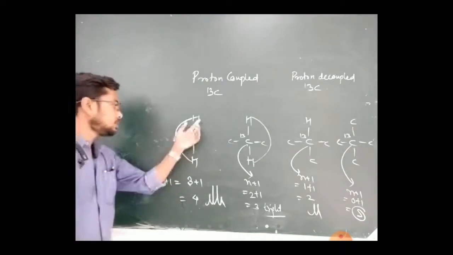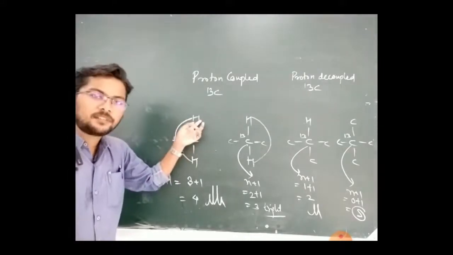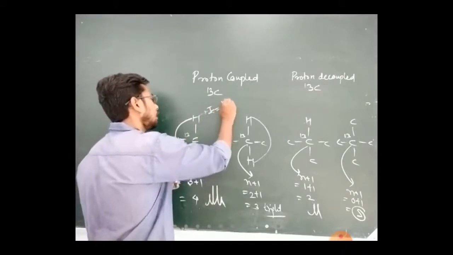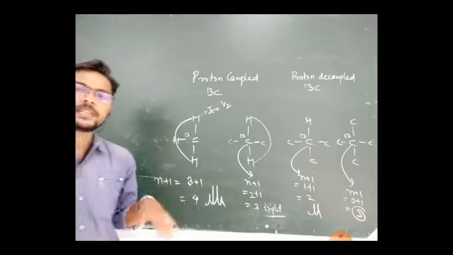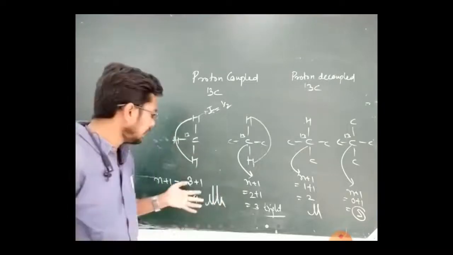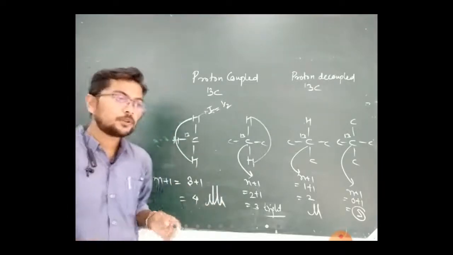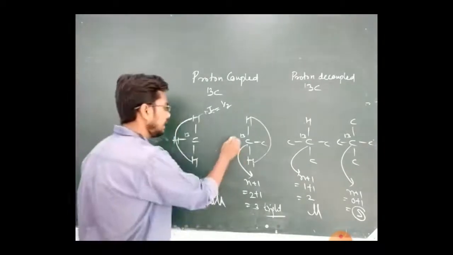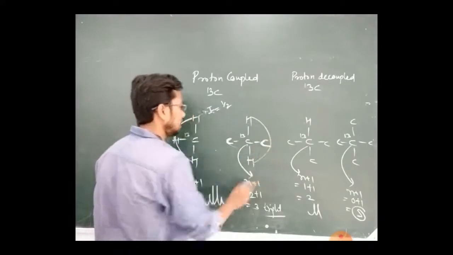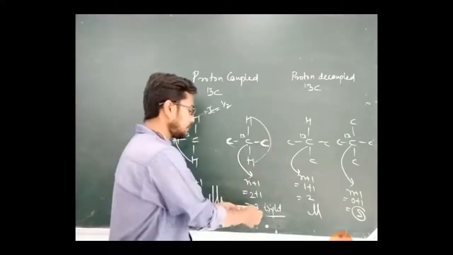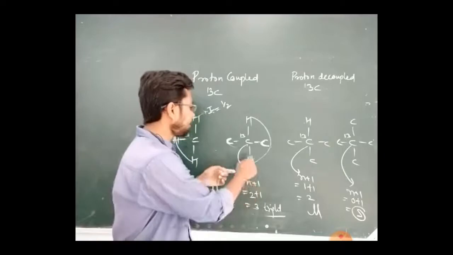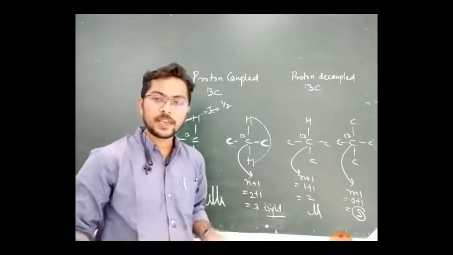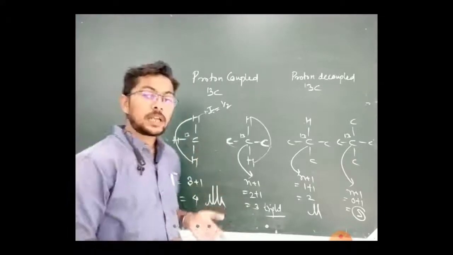Why is it happening? Because these hydrogens are also NMR active. We know that for these hydrogens I is equal to half, and because of the arrangement, as I already said in spin splitting, it appears as 4. Now you may argue, why is it not being split further? Suppose here you have this carbon atom and this carbon atom, and these two carbon atoms can split this, so n can be 1, 2, 3, 4. It should be 4 plus 1, so 5. But this does not happen. Why?